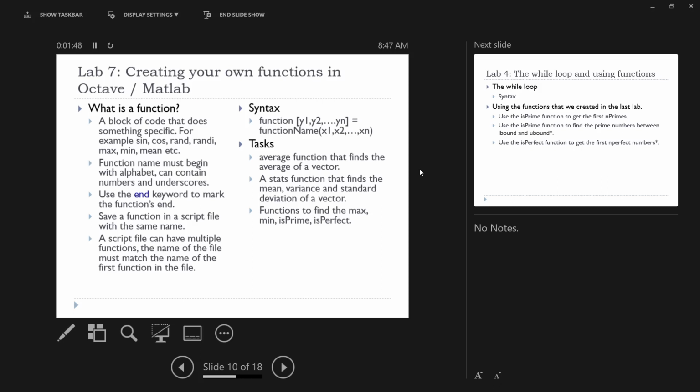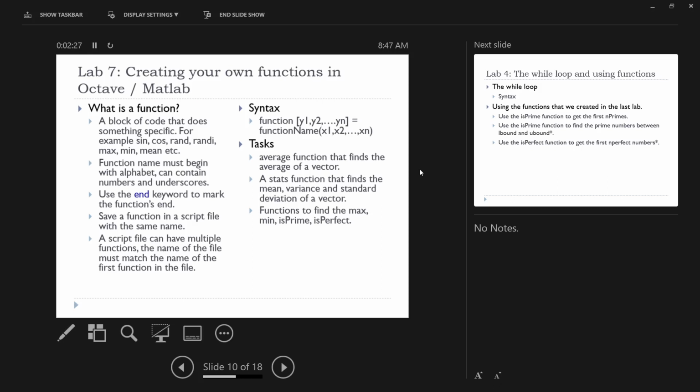You also know about the zeros function. It creates a vector or matrix with all zeros. The ones function creates a vector or matrix with all ones. The I function, the identity function. So these are all functions. They are built in to Octave or Matlab. You can call these functions directly just by writing their name and providing the input arguments required by those functions. You can also write your own functions which you can call or which someone else can call, and they can perform certain tasks,